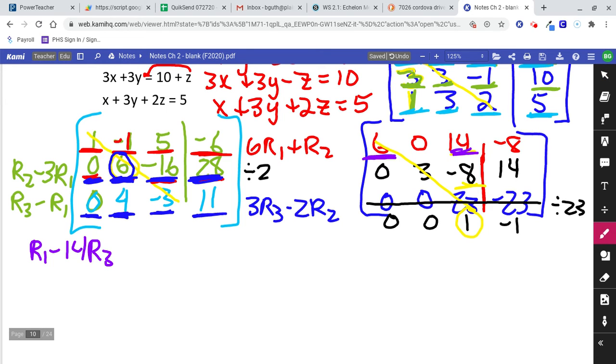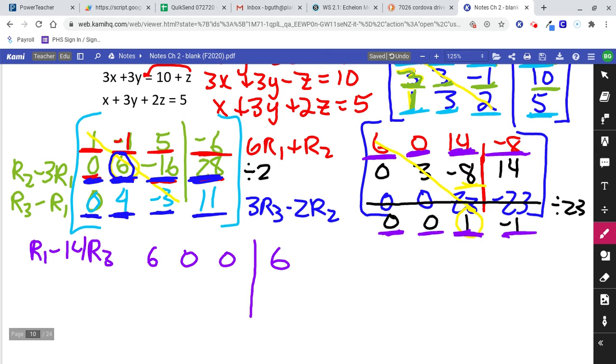Row 1 is a 6, minus 14 zeros is still 6. And row 1 is a 0, minus 14 zeros is 0. 14 minus 14 of those is going to be 0. Row 1 is negative 8, minus 14 negative 1s, that's going to be plus 14. Negative 8 plus 14